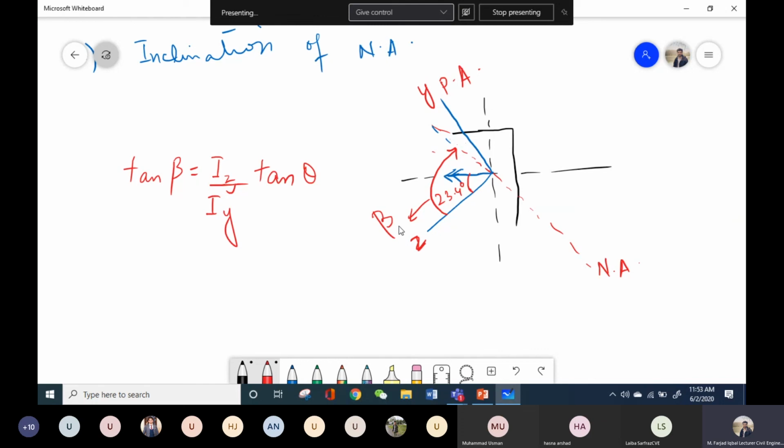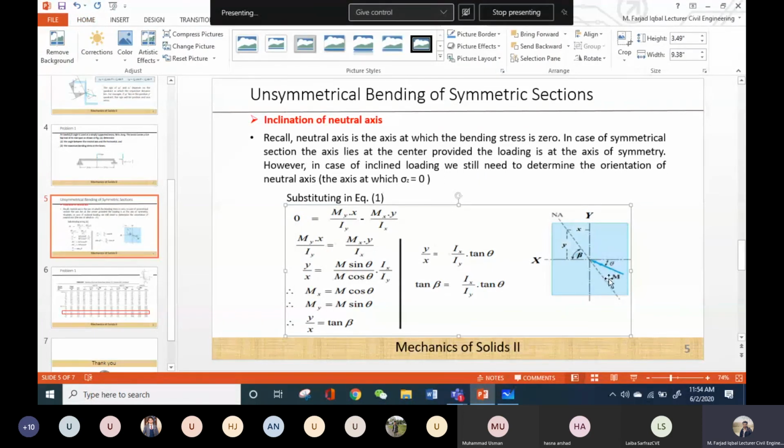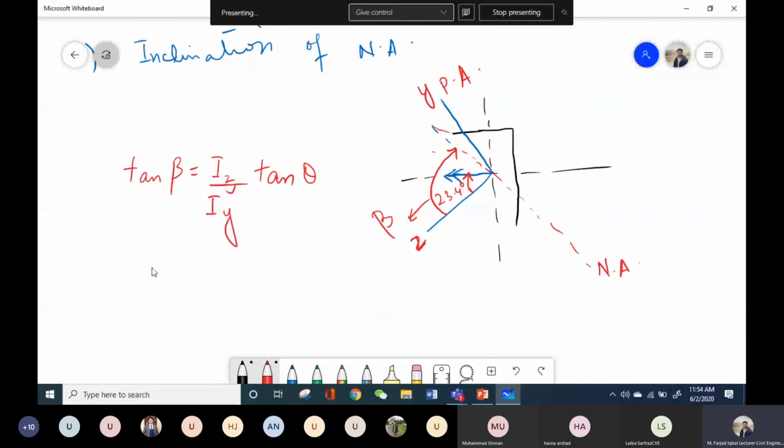So now I know what is angle beta, what is its orientation with respect to the principal axis, and what is angle theta and what is its orientation. So this angle theta is in the clockwise direction as well if we take this axis as reference. So this will be positive, because we have derived this sign convention such that if the orientation with respect to the horizontal axis is clockwise, we have to take it as positive. And similarly, the orientation of neutral axis, if it is clockwise with respect to the horizontal axis, then we have to take it as positive. Okay, so this tan beta will be,